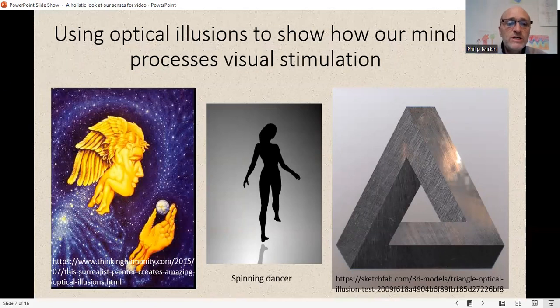If you look more in detail, you'll see the face is actually two people embracing each other. And so this is the conscious mind paying attention to certain parts, allowing the unconscious mind to make sense of that. And the spinning dancer in the middle, it's actually a rotating image. You can Google it. She spins around.